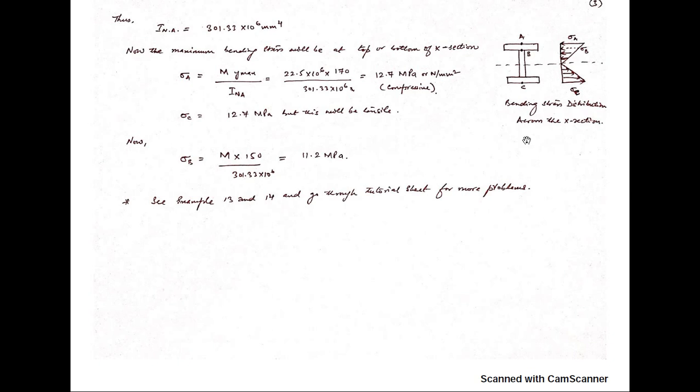Okay, so you can see the 3D figures also are given over there. This stress is basically applied over the whole cross section. Here, the upper portion will be in compression, and the lower portion will be in tension. So this is the cross section, and this is how the stress is applied over it, bending stress due to the moment. Apart from the normal forces and shear forces, bending moment will also cause stresses. These stresses are called bending stress, and this distribution is called bending stress distribution.